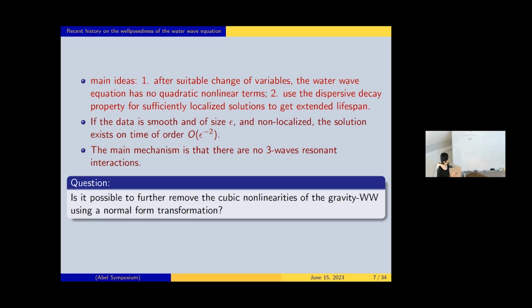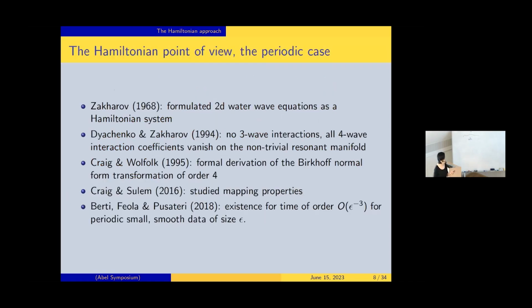And a natural question is, can we further remove cubic nonlinearity in the gravity water wave using some kind of normal form change? Okay. And we already were able to see there's no quadratic nonlinear term after some change of variables. Okay, so this problem has been looked at a while ago